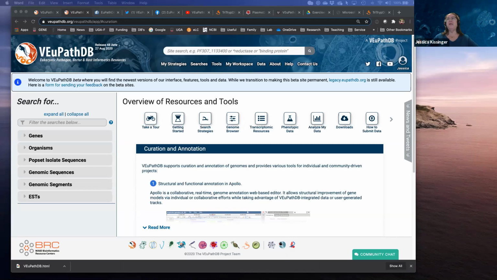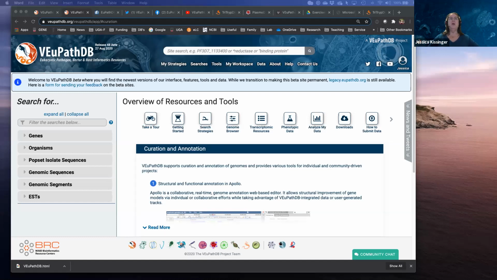And today I'm going to talk about the redesigned homepage, and I'm going to spend a good bit of time letting you know the depth of the secrets that are sort of hidden on this page. And I wanted to take a minute to say that in the process of merging VectorBase and VEuPath, we decided to take the best elements of each BRC and tools that had been developed, and then also use the opportunity to address some issues on the old sites that had been brought to our attention based on community feedback